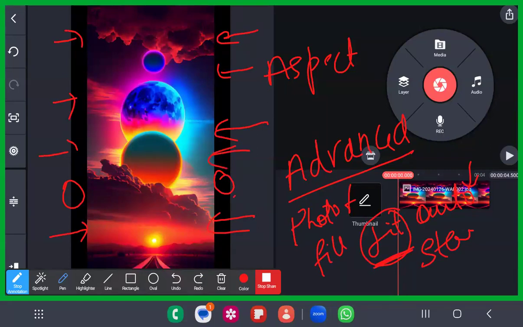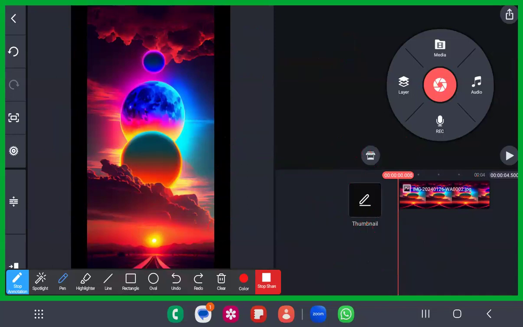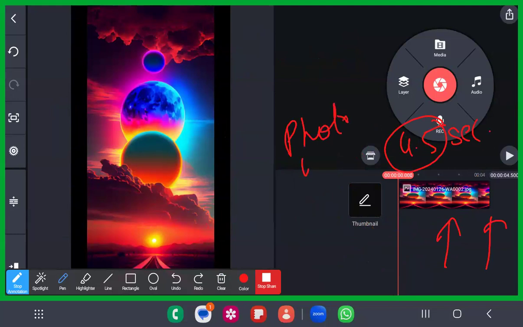And one more option you had there: photo duration. Do you remember it was photo duration? Whenever a photo is inserted on the timeline, the duration was something like 4.5 seconds. It was already set to 4.5 seconds. Do you remember this, sisters and brothers? Type yes if you remember it. There was also something like transition duration. I've explained it before, and I'll explain it again today, inshallah, in the transition. So this is the photo duration.